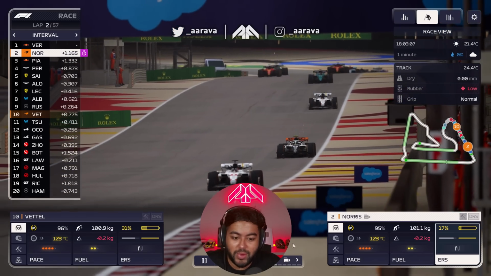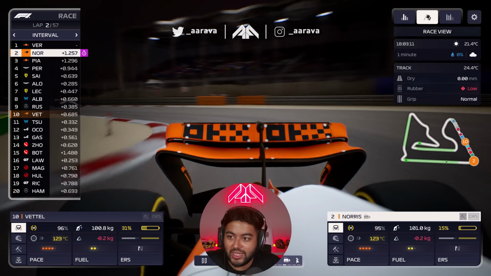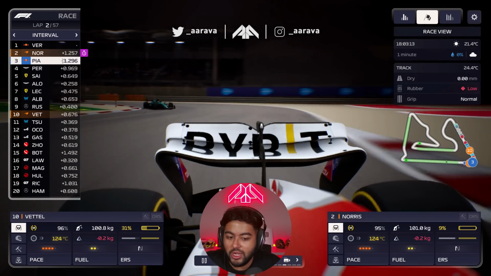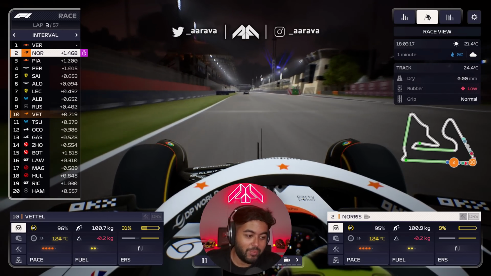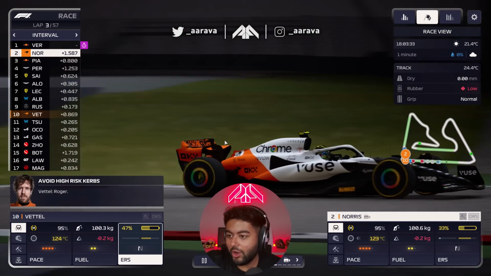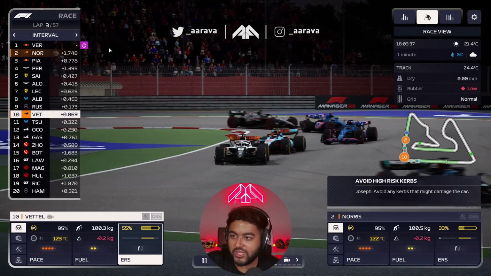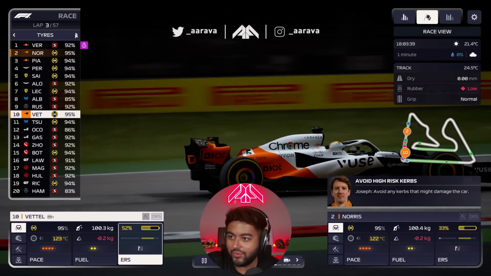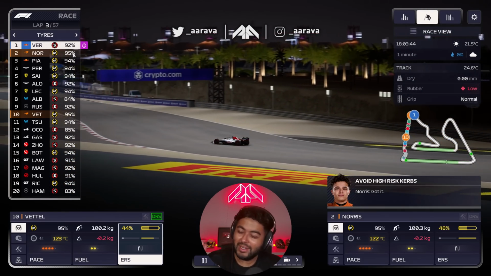Right, Lando's come out of DRS. We're not going to have DRS on Verstappen. Thankfully, at least we're 1 second off Piastri, so Piastri's not got DRS on us, but we've not got it on Verstappen. Looks like he might walk away a little bit. I put Lando and Vettel on avoid high-risk curbs. Just want to protect the tyres a bit more maybe than our rivals. Verstappen obviously is going to be very quick now on softs, so let's not...